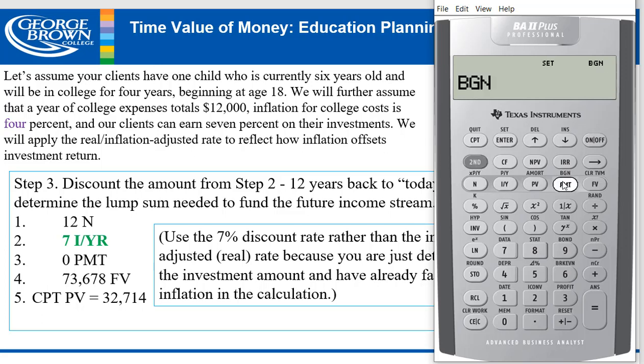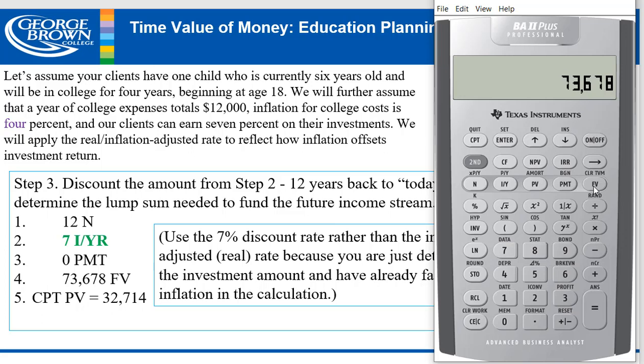So I'm going to do second, begin, second, enter, get it out of that beginning mode. And so 12 is my N. My interest rate is 7%. That's what I said, my investment rate. I'm not making any payments. The future value is that